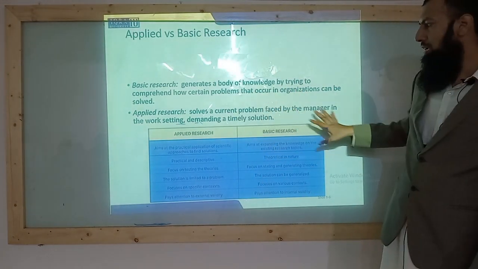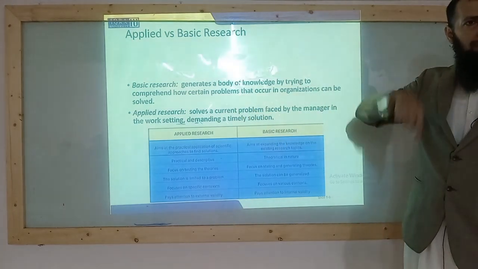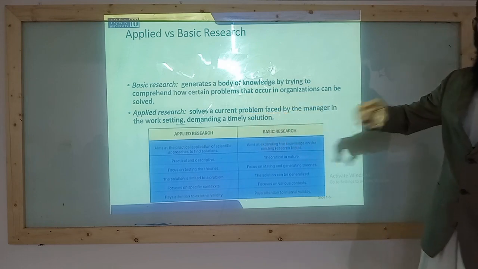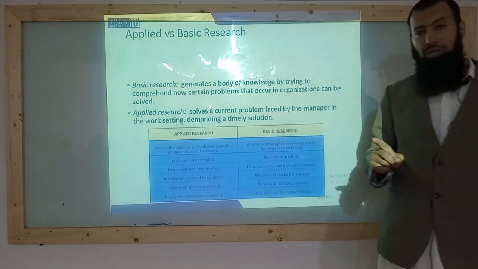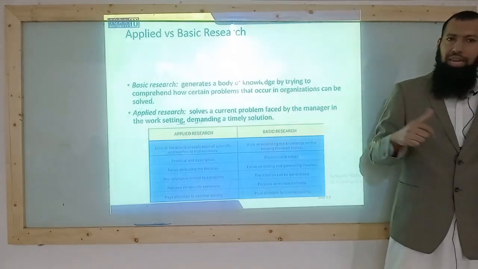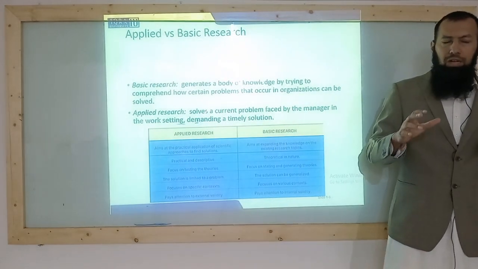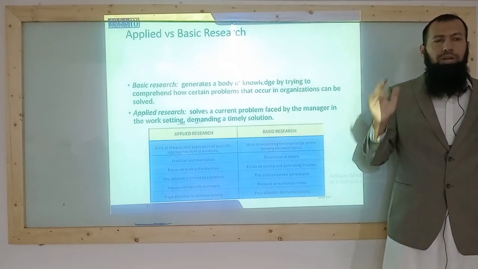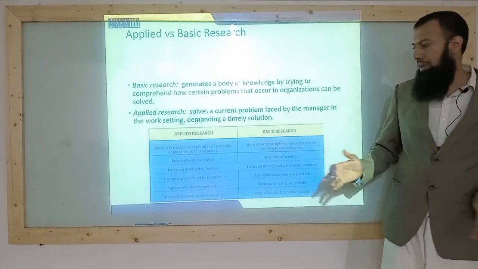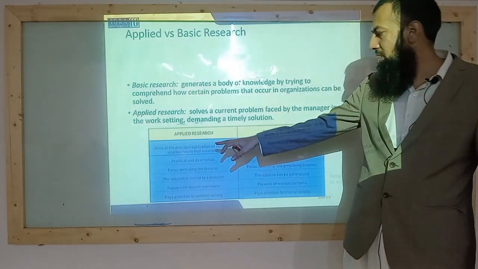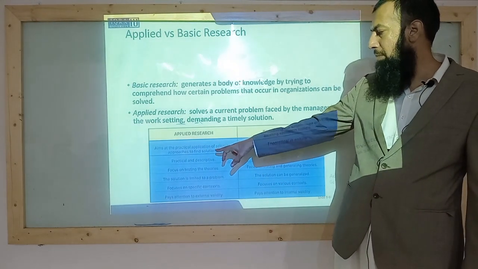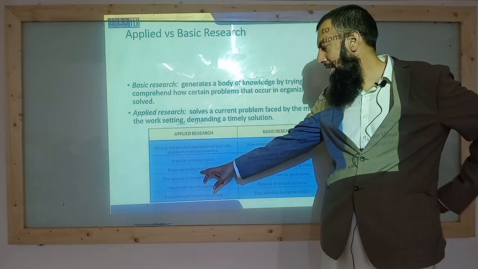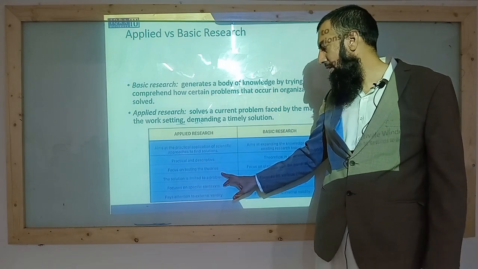Applied research. It solves the current problem, the problem in hand, faced by the manager in the work setting, demanding a timely solution. It is not after 4 years, after 10 years, but in 6 months, 1 year, 2 years or so. You need a solution for a problem in a particular time period. And you see applied research is the practical application of scientific approaches to find a solution. Practical and descriptive,